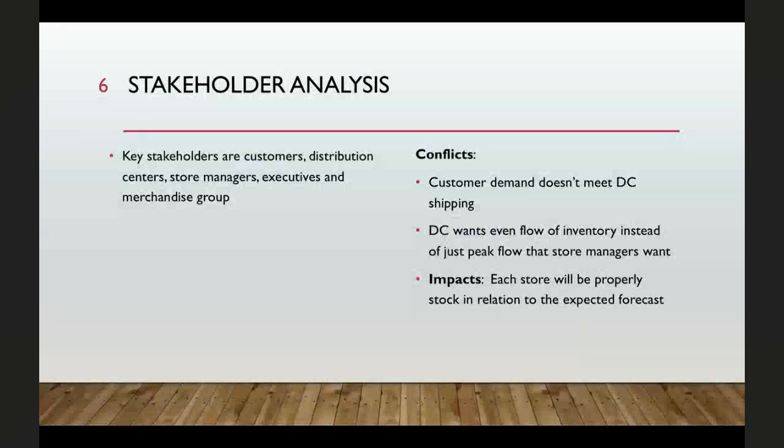Which is leading to the poor distribution of grills and having all these different places over and understocked. So some of the conflicts are that the customer demand doesn't meet the distribution center shipping, just meaning that the distribution center isn't shipping enough to certain stores, and that's causing the customer to not be able to get what they want. And the distribution center wants an even flow of inventory instead of just peak flow being shipped out,